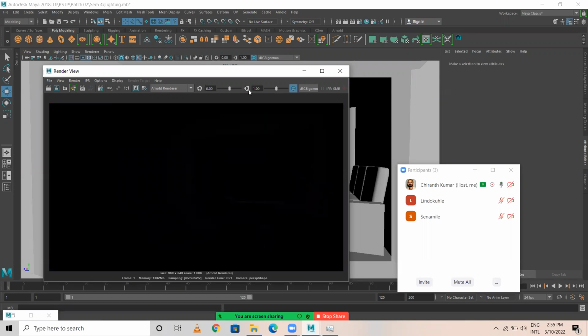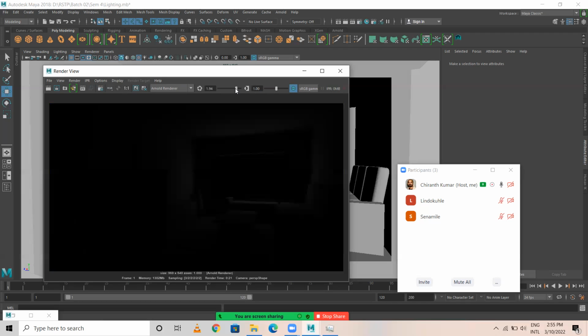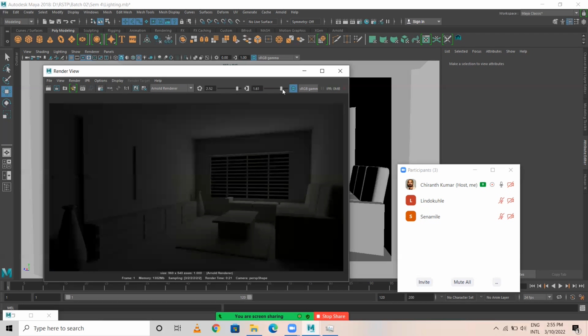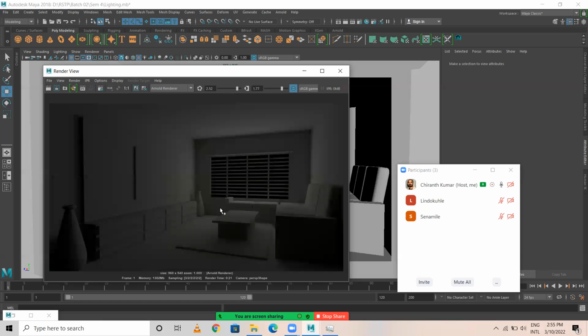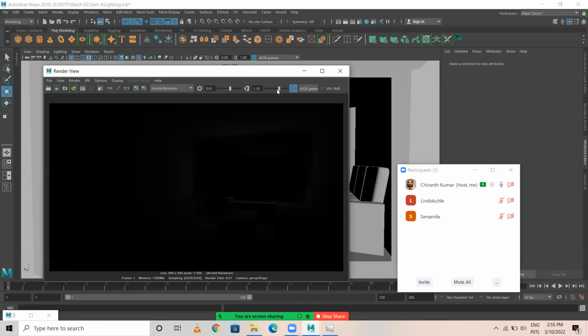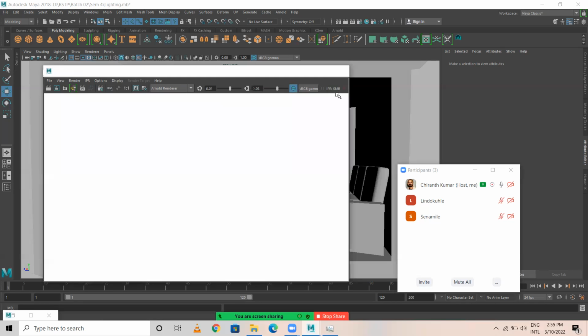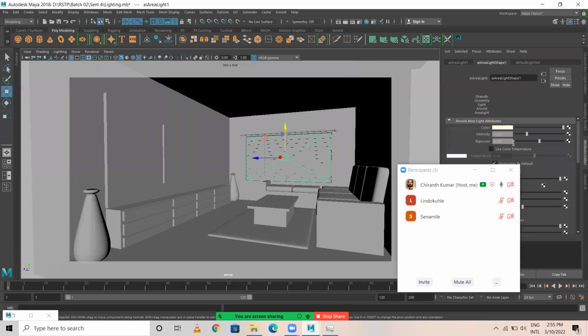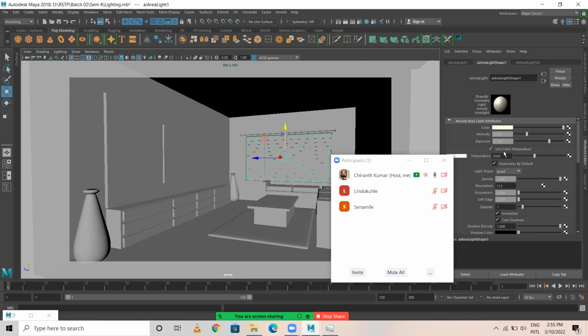Okay, it looks dark. When I increase some volume here, light volume, you'll get to see here. See, whatever this light is emitting, this is the amount of brightness. Okay, so now I'll select this light. I increase the exposure. You can see how this looks when I increase the exposure. I decrease the color temperature, something like this. Spread, and the resolution 1024 I do. Okay.